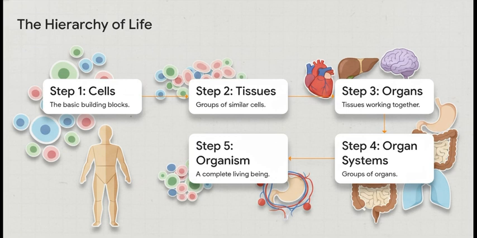But here's where it gets really, really cool. Cells aren't just a random jumble. Nope, they're super organized. They build on each other in this clear hierarchy. So you have cells getting together to form tissues. Then different tissues team up to make organs, like your heart or your lungs. Those organs then form organ systems. And when all those systems work together, boom, you get a whole organism, you. It's like this amazing biological assembly line. And it all starts with that one single cell.